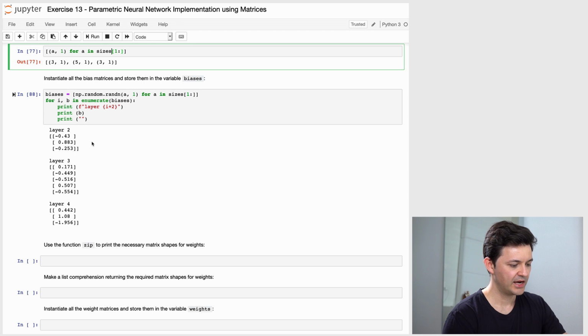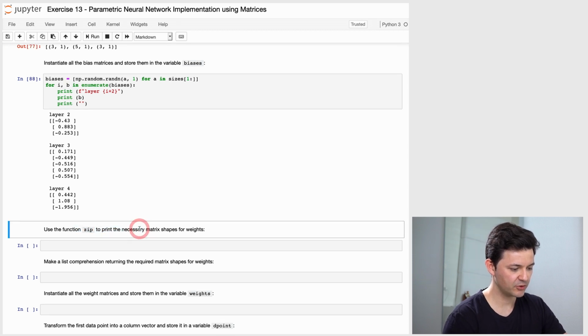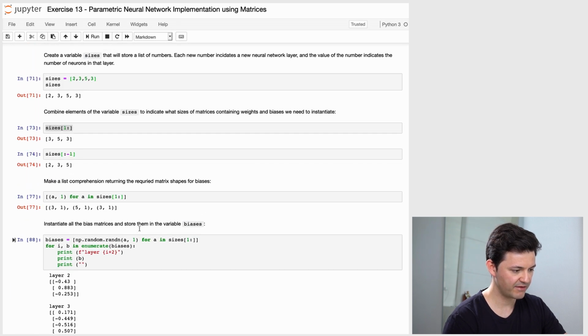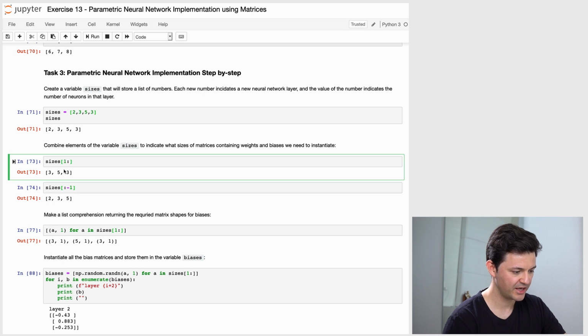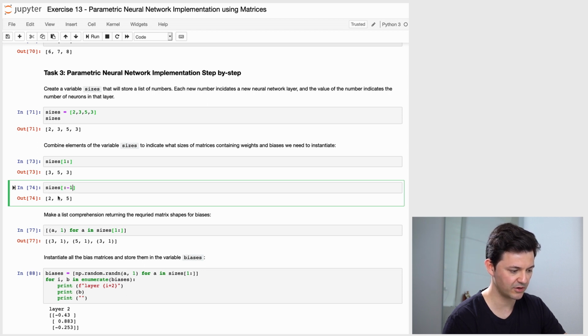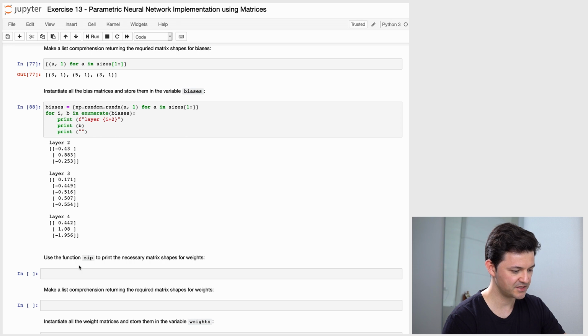Okay, now it says use the function zip to print the necessary matrix shapes for weights. Where do we have our matrix shapes? Well, we have our sizes from 1, and we have the sizes until the last element. And by combining these two lists, so first element of this list with the first element of the second list, second element of this list with the second element of the second list, and so on, we can get the necessary sizes of our weights matrix. So how can we do this? Well, let's make this zip first. So zip,